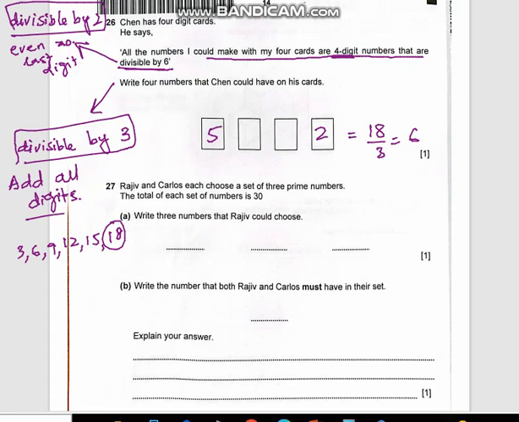So let's do that. 5 plus 5 is 10. 10 plus 2 is 12. 12 plus 6 is 18. So it means that 5562 is divisible by 6 as well. So you have to follow divisibility by 2 and divisibility by 3. Then you will get that it is divisible by 6 as well. You can choose